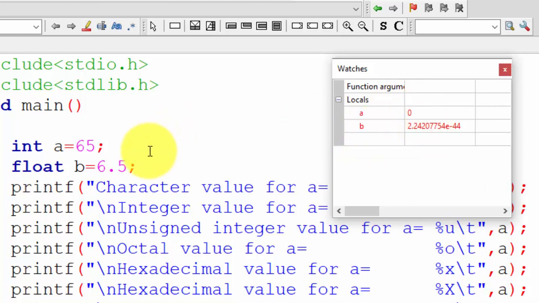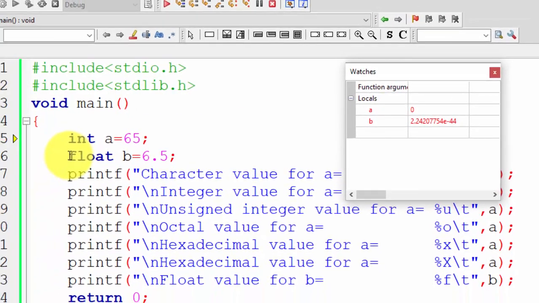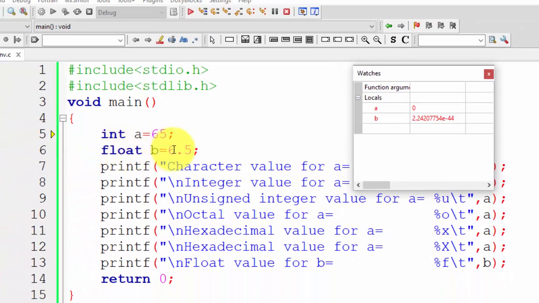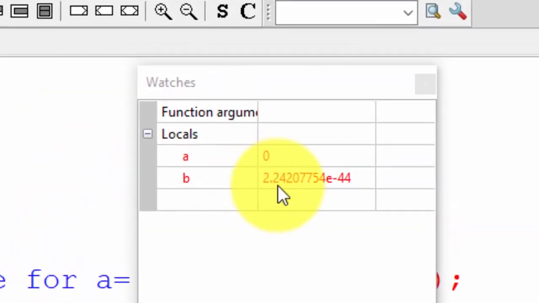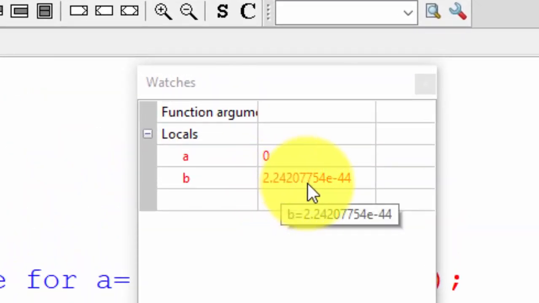Before, we had assigned 6.5 in our program, but the value for variable b is right now 2.24, and our program execution has not reached that point, meaning this instruction is not yet executed. So b is assigned with some default value, and this value is called a garbage value.